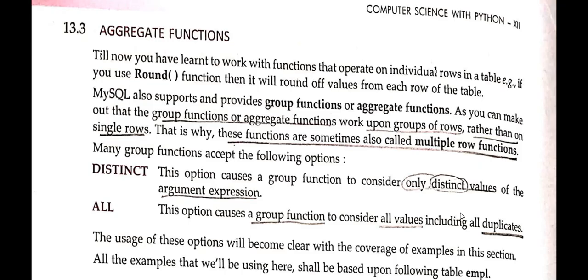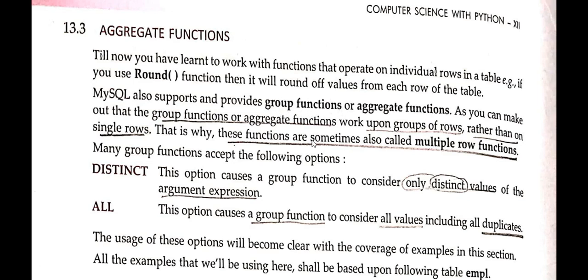So when we do the practical, I will tell you how to create these indexes. Next topic is your aggregate functions. So some functions in MySQL work on one particular row. Okay, when we need to work upon a group of rows, or we need to group particular rows together, that time we'll be using these aggregate functions, which are also known as group functions.